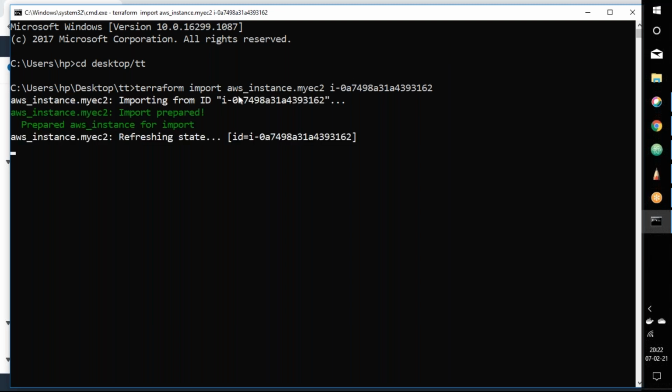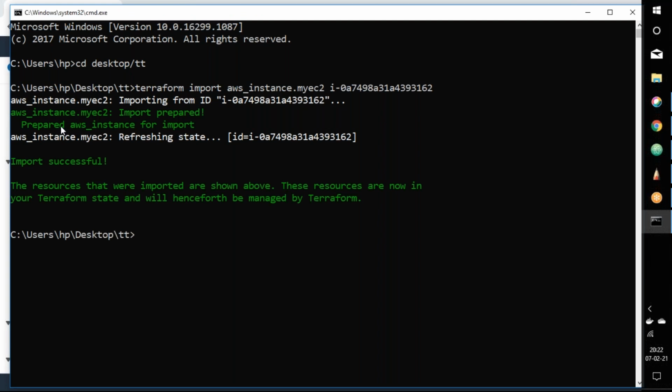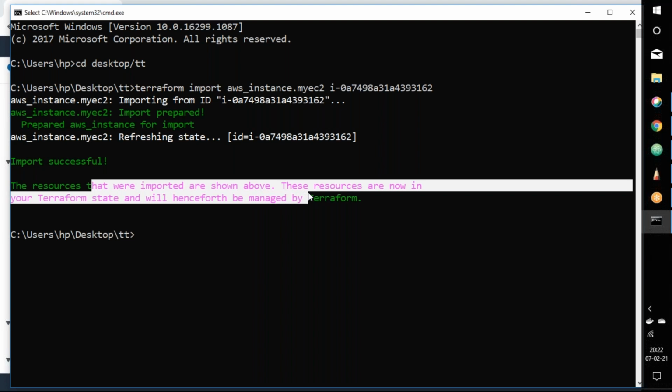Okay. Import prepared, and it is preparing the resource aws_instance for importing, and the import is successful. The resources that were imported, as shown below, are now in the Terraform state file.